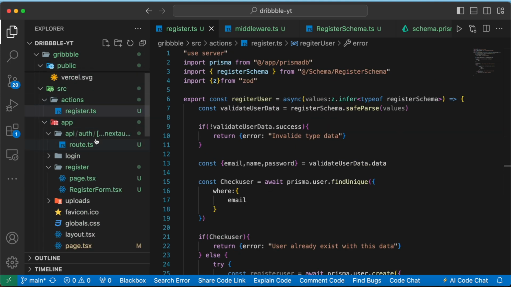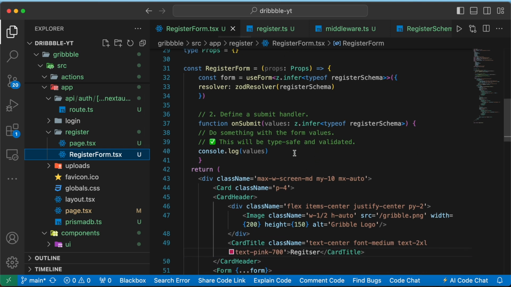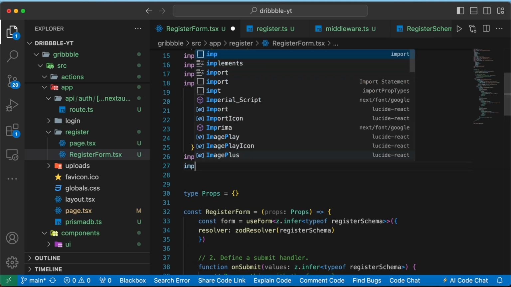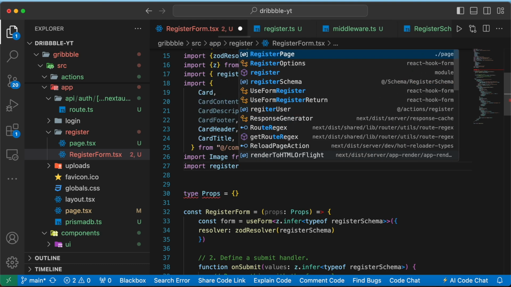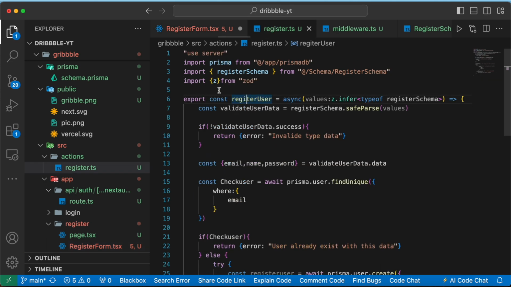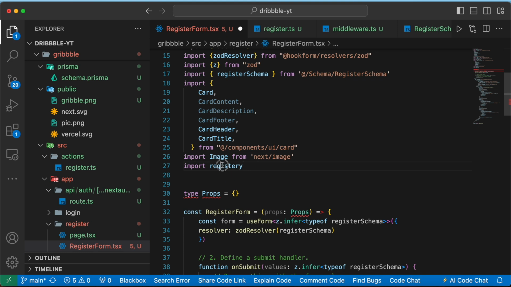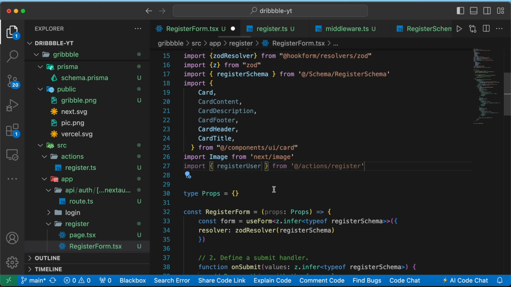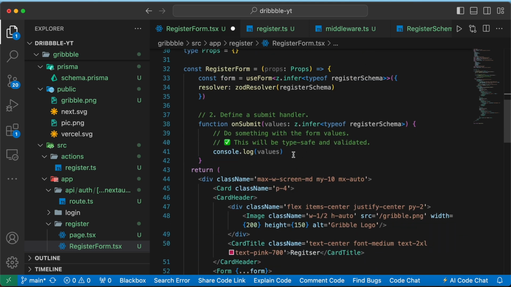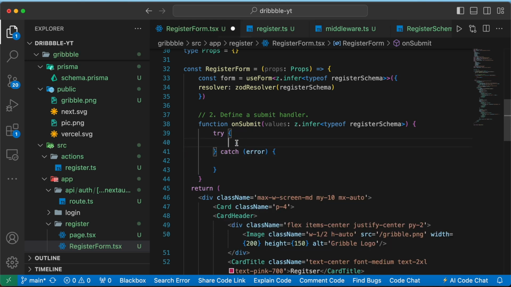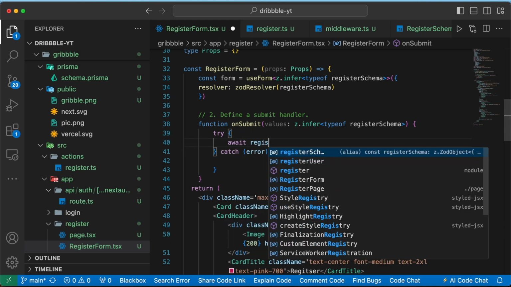Now we can go again to the register form and we can import that function. So here we can import registerUser. Why am I not getting this? There should be an s here. So now if I write registerUser, I can get the function. Now you can directly use that function over here in the try and catch block, like this, await registerUser,